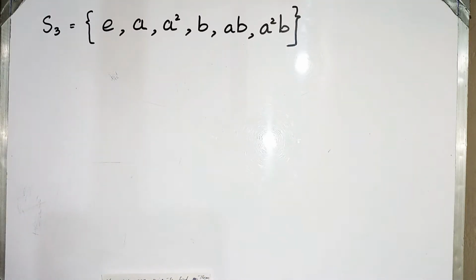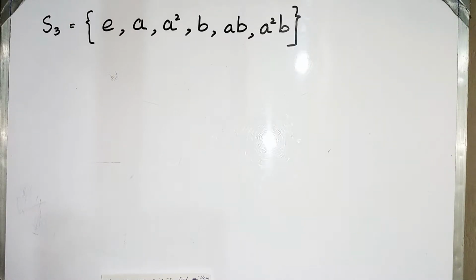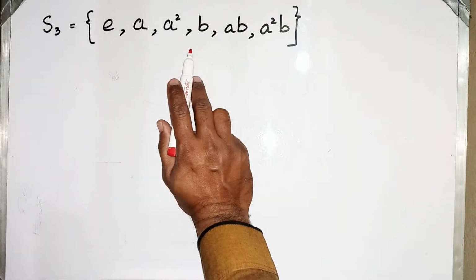If you already know about Lagrange theorem, according to that theorem, the order, I repeat, the order and index of a subgroup of any group must divide the order of that group, as you are looking at the exact statement of Lagrange theorem. So here we will use Lagrange theorem. It means the order of all subgroups which we require must divide the order of that group.